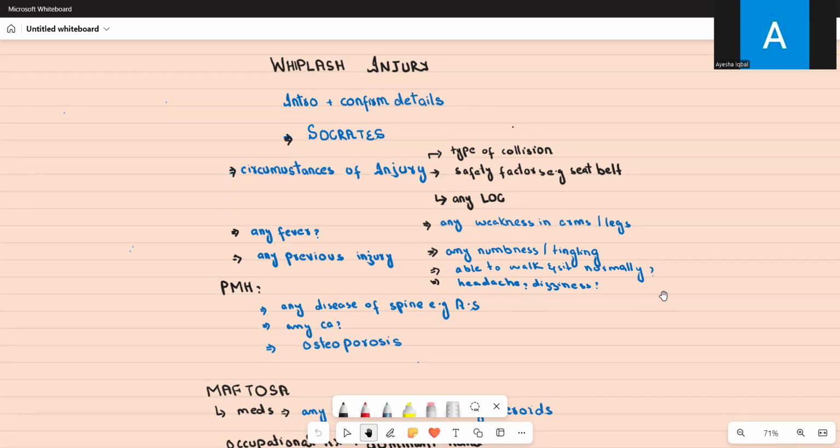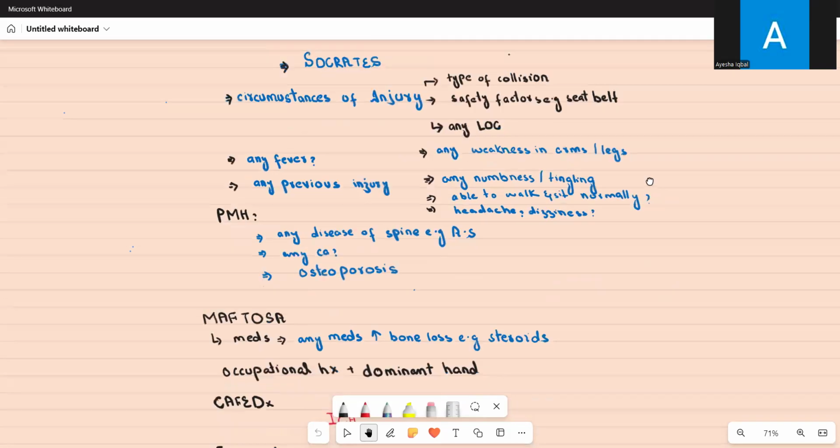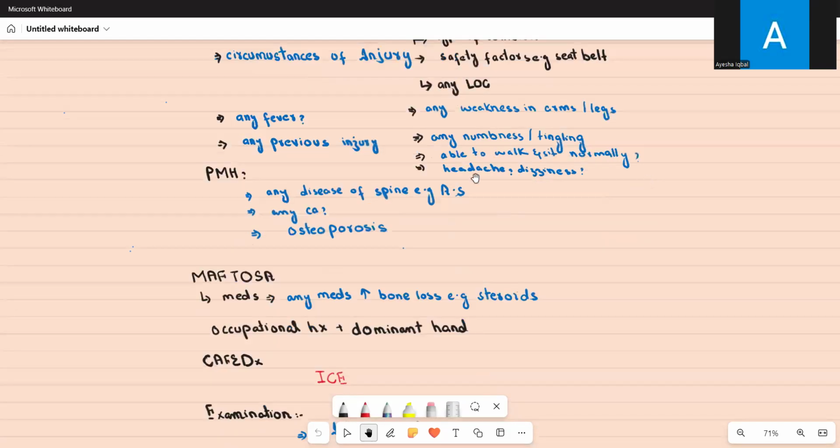Is there any incontinence or retention? Okay, any incontinence or retention? Any headache, any dizziness, any visual changes? So all these are questions of complication. Basically, you're trying to rule out a neurological injury. Okay. And then in past medical history, you need to ask